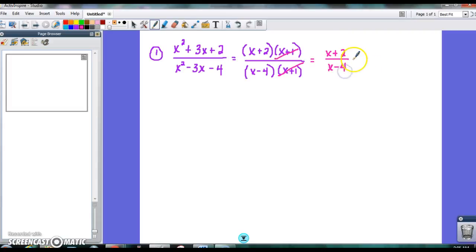And now remember I said yesterday that we have to make sure that we exclude the values that make the denominator 0. But I want to make sure we understand that yes, 4 makes the denominator 0 here, but also -1 makes the denominator 0 as well. Before we canceled, you have to include that also. Okay, so make sure you include both of those and exclude everything that could have made the denominator 0 before